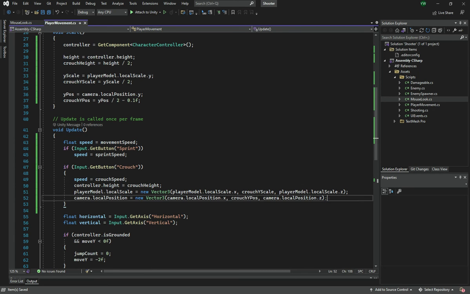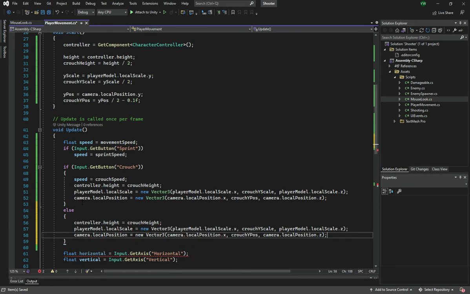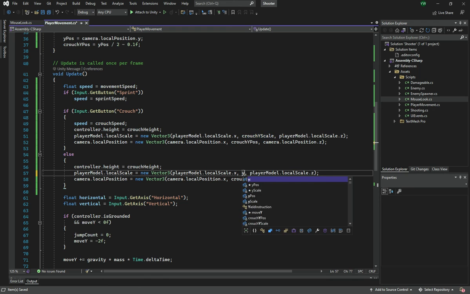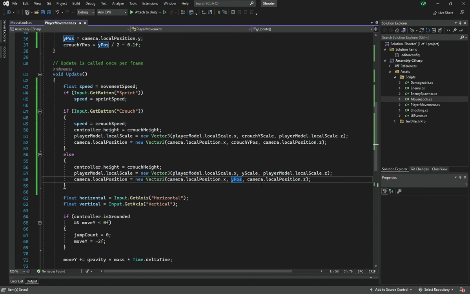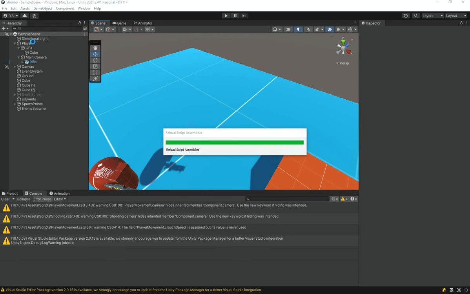Now we can copy these 3 lines of code here and go here, add in an else statement and add this. Now this should essentially work because we are getting a new vector 3, but of course we need to change this to the normal y scale, the normal y position, and this to be the normal height, and that should work. So if I go under Unity and let's compile,